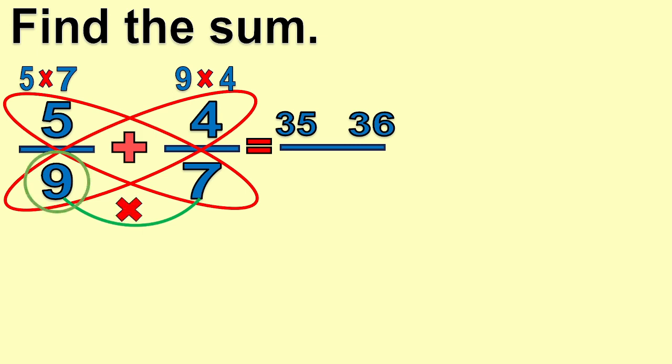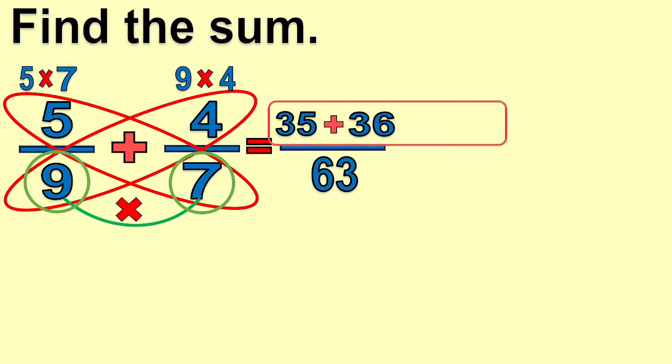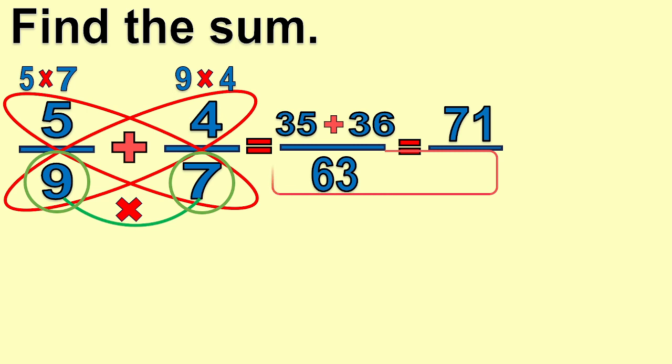So 9 times 7 equals 63. Add the product of the diagonal pairs of the numerators and denominators together. We have 35 plus 36 equals 71. Now, copy the denominator 63. So the answer is